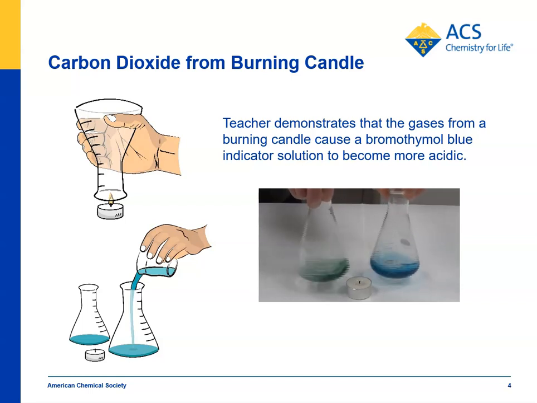And students should know at this point from other work in chapter 6 that a burning flame does produce carbon dioxide gas and water vapor. So this should make sense to them. So the whole point of doing all this is to show that carbon dioxide from any source, including a burning fuel, will react with water and produce an acid.